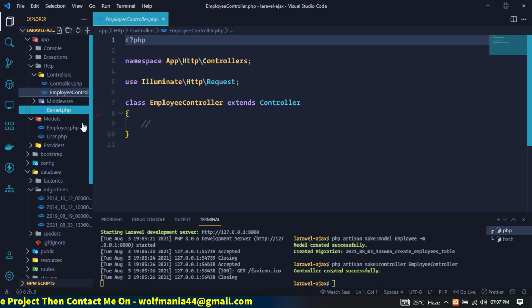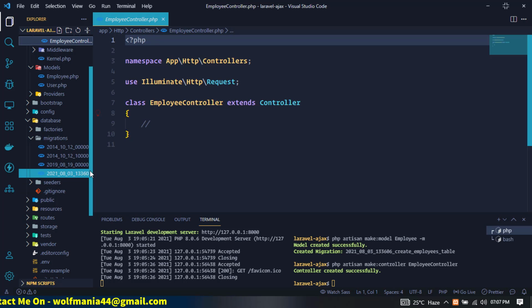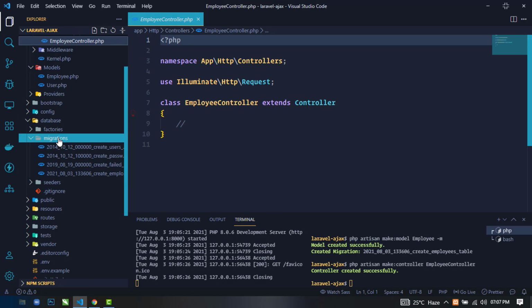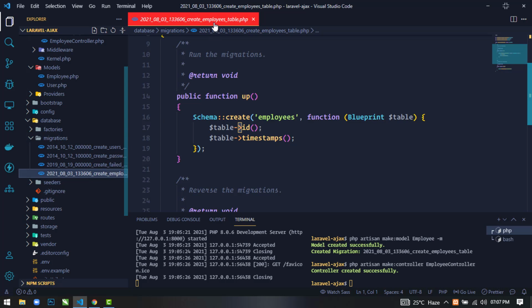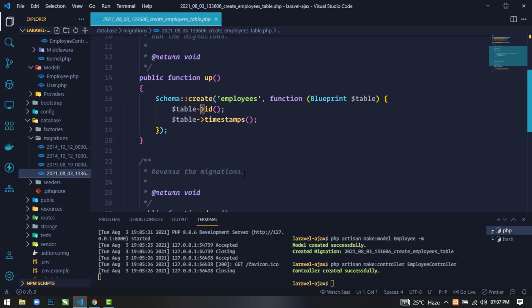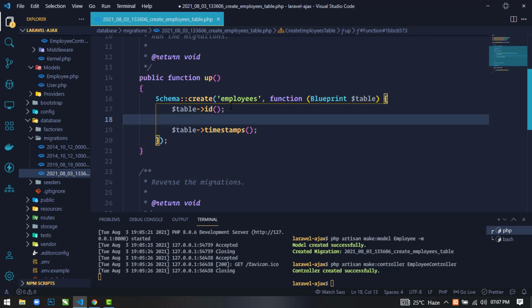define our schema. To define our schema, we just go to the database directory, then the migrations directory, and click the last create employee table php file, and here we will define the table, where we will store all the information of the employee. I will leave this id, and here I will add some more columns. So table